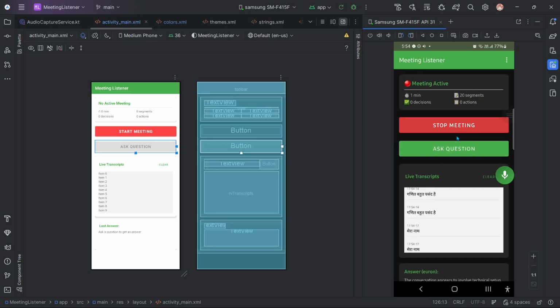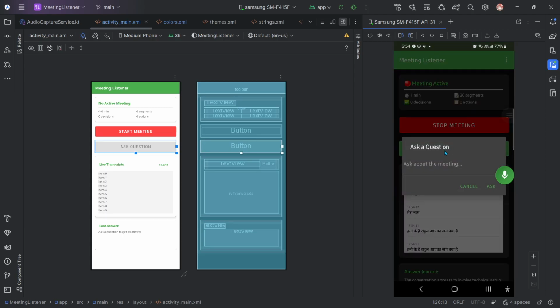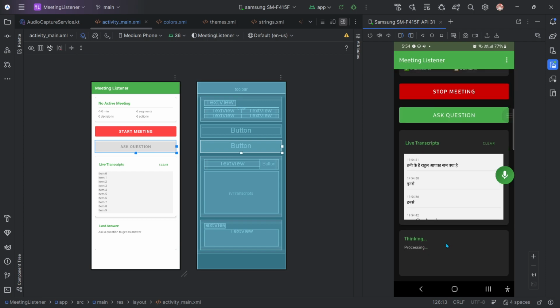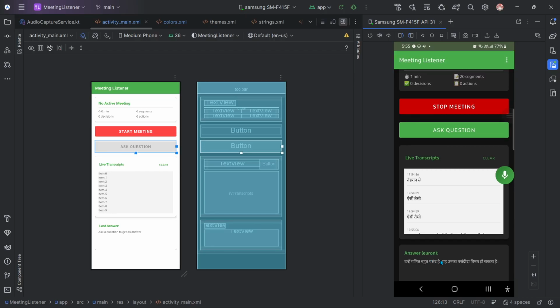So as you can see, now if you just ask any question, like let's say about likes, you will get an answer. As you can see, his favorite subject was Hindi, so it gives you the answer in Hindi also. So you don't have to worry about that. Whether you are speaking English or Hindi, it gives you the answer in Hindi also. But if you want the answer in English, I can just toggle some settings, and it will work.